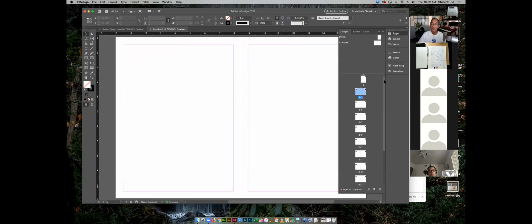So this is the software program that you would use to create a multiple page document: a flyer, a brochure, a booklet, a catalog. Now, can you do a single page document in InDesign? Absolutely. You could also do that in Photoshop. You can do it in Illustrator. But this is where InDesign really is powerful,